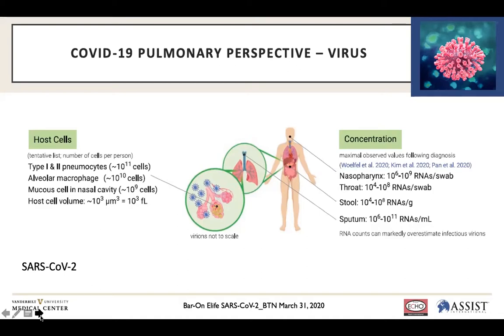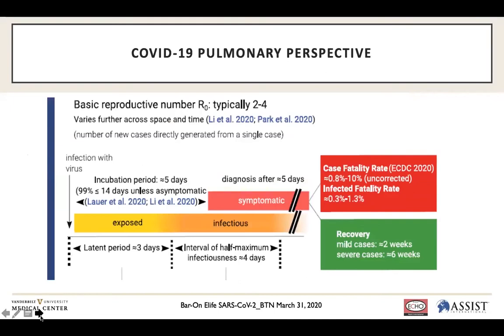Next slide, please. So the virus has a property of being infective, as we all know, and it is measured by a reproductive number, which means that if one individual is infected, how many can that individual, on average, be infecting? The numbers for this virus vary somewhat from study to study, but it is between 2 and 4, which is a large number.